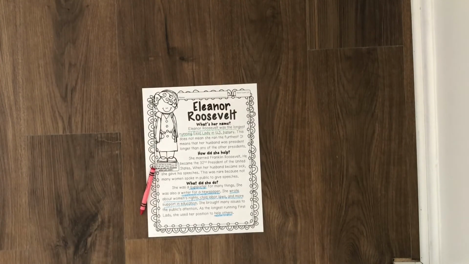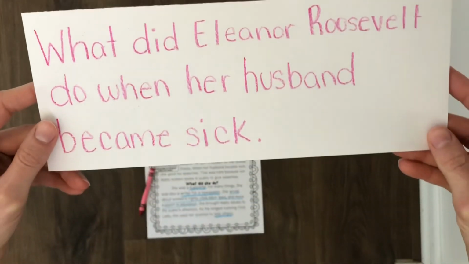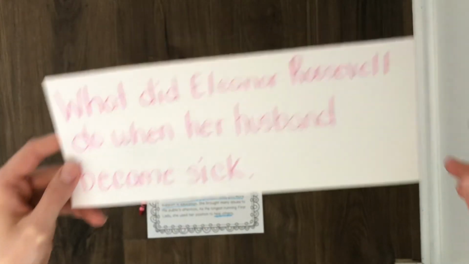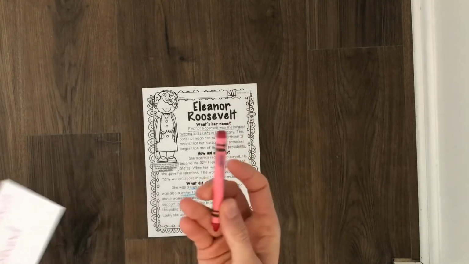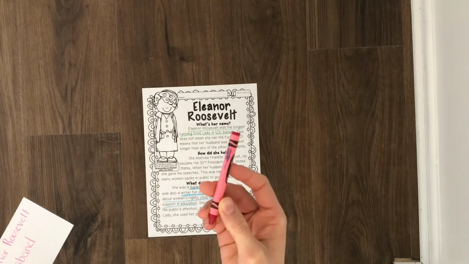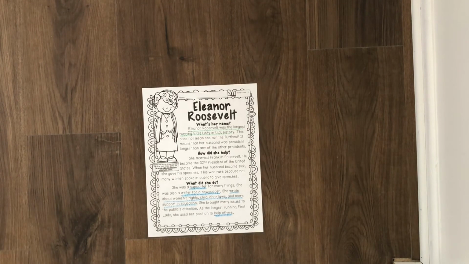The last question you are going to do on your own, and the question is, what did Eleanor Roosevelt do when her husband became sick? I want you to use your red crayon to find the answer to this question and underline it. You're going to do that on your own, and then as a class,